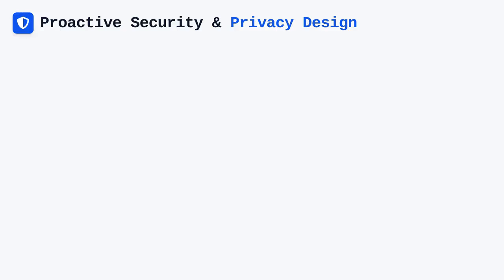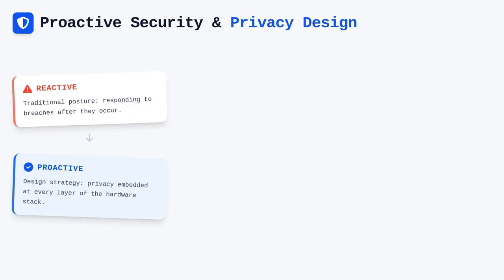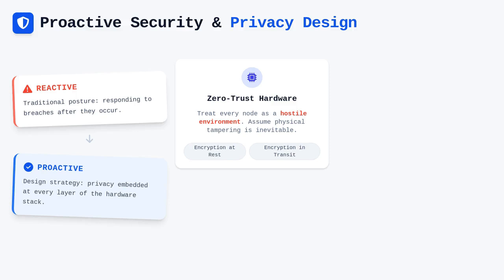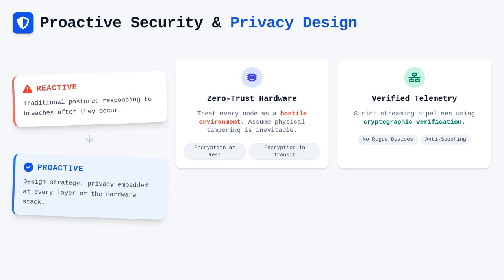When we integrate these components effectively, we move from a reactive security posture to a proactive design strategy that respects the privacy of the end user at every layer of the hardware stack. It is important to treat every node as a potentially hostile environment where physical tampering is always a possibility, forcing us to rely on encryption at rest and in transit. By enforcing strict telemetry streaming pipelines that only acknowledge cryptographically verified endpoints,